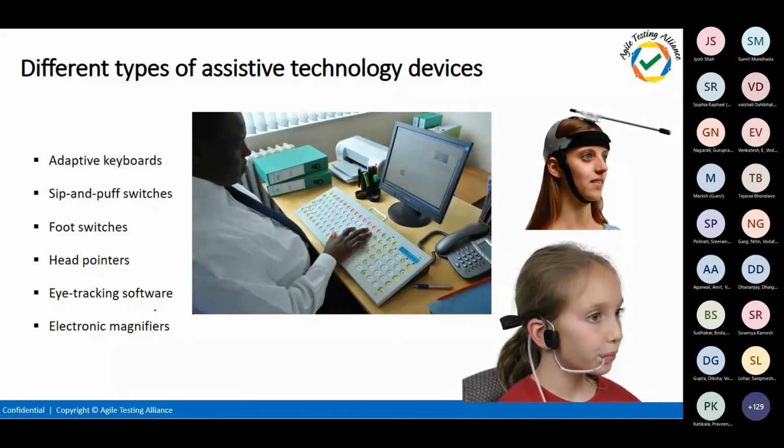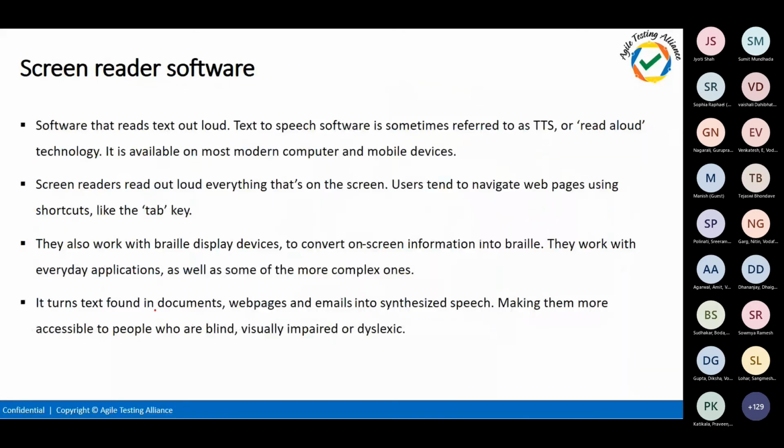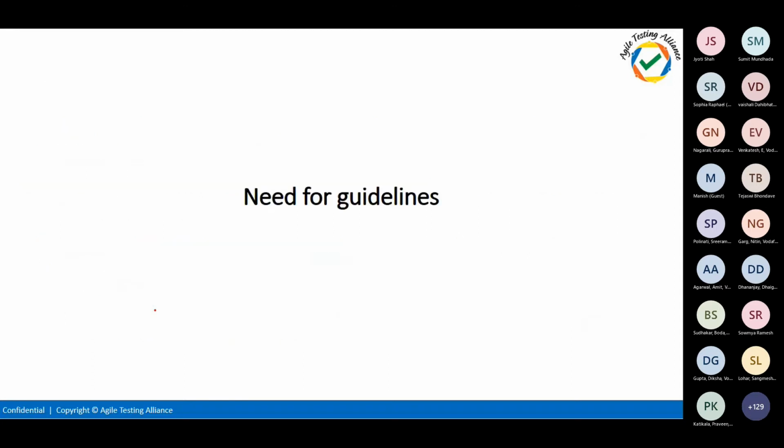But the major ones are the screen reading software. So your website has to work easily with the screen reading software, else it will be a bigger compliance issue. So that's the one which we'll be looking into today. That creates the guidelines. What are all the things that your website has to be? What are the things that you need to do on the website to make it work properly with the screen readers and other things?